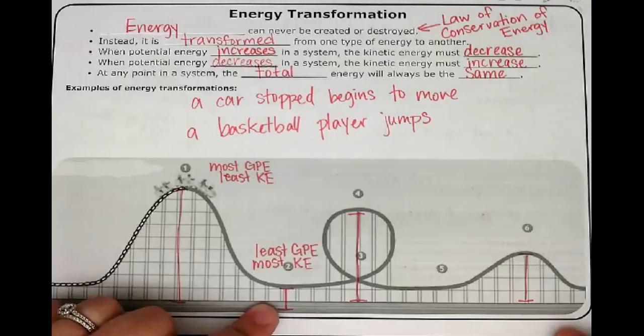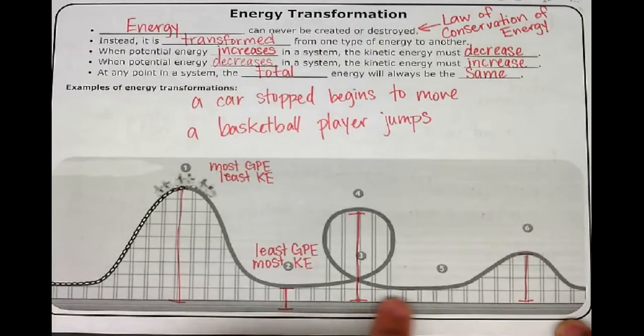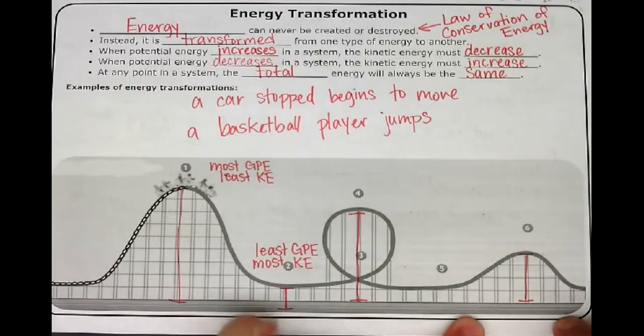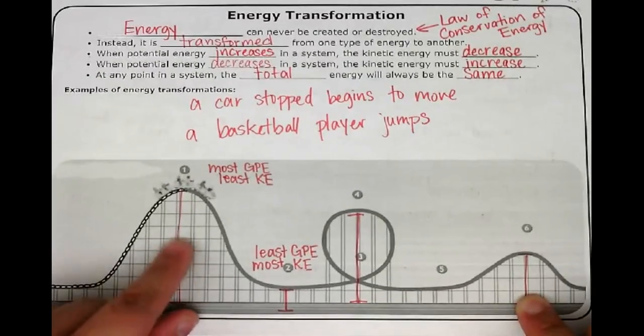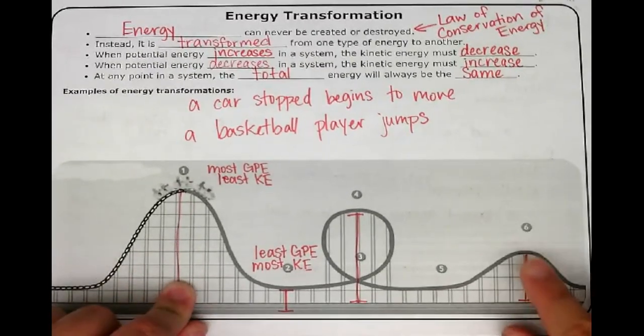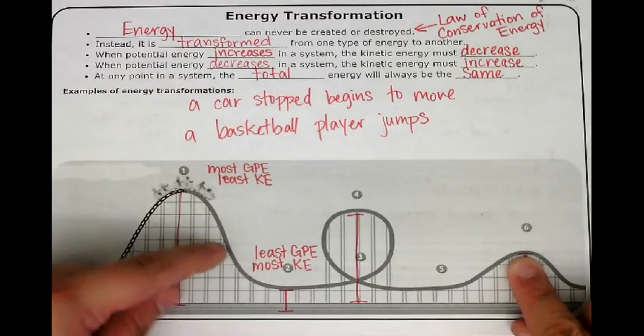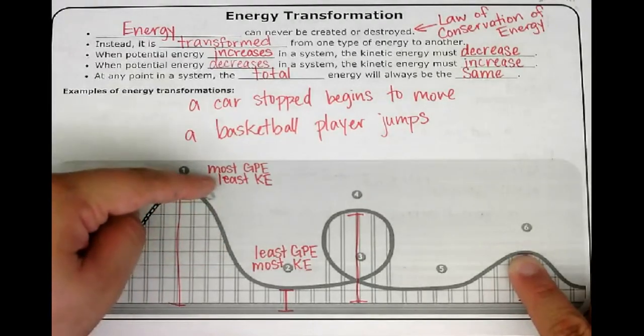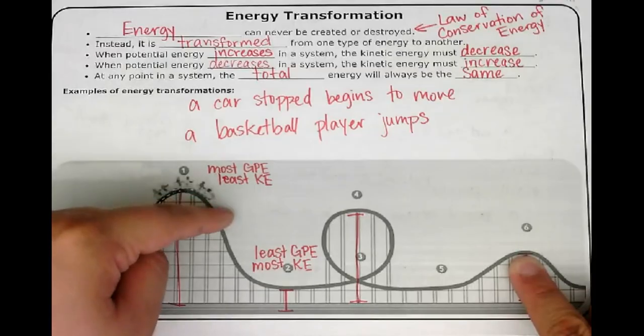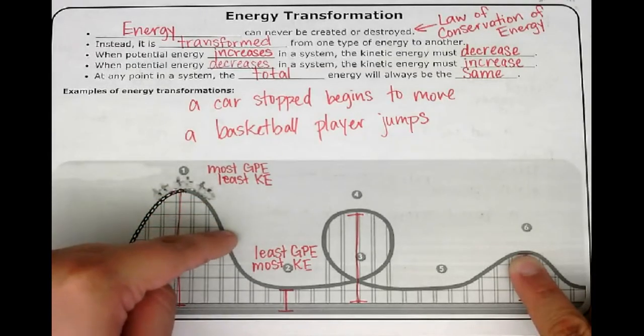Right, now let's go all the way down to 6. I want you to notice that 6 is kind of in the middle right here. It's between these two, and 6 and right here in the middle are about the same height. So what's happening is as the GPE is going down, because the roller coaster is getting closer to the ground, the KE is also going up as it goes faster,